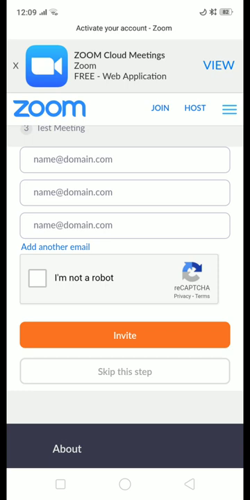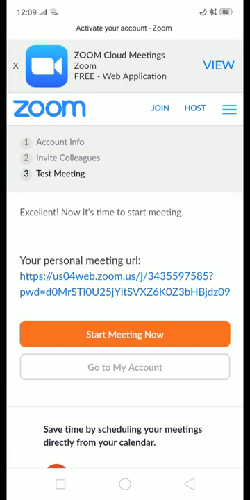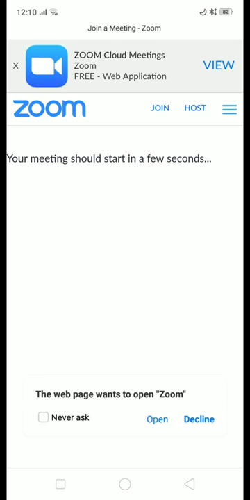So you will just go at the bottom and click on skip this step. And then you will end up at the third and last option, that is test meeting. Test meeting is if you want a demo of how the meeting has to be conducted, which I am already giving you. So if you want to click on start meeting now, you can go for our demo.